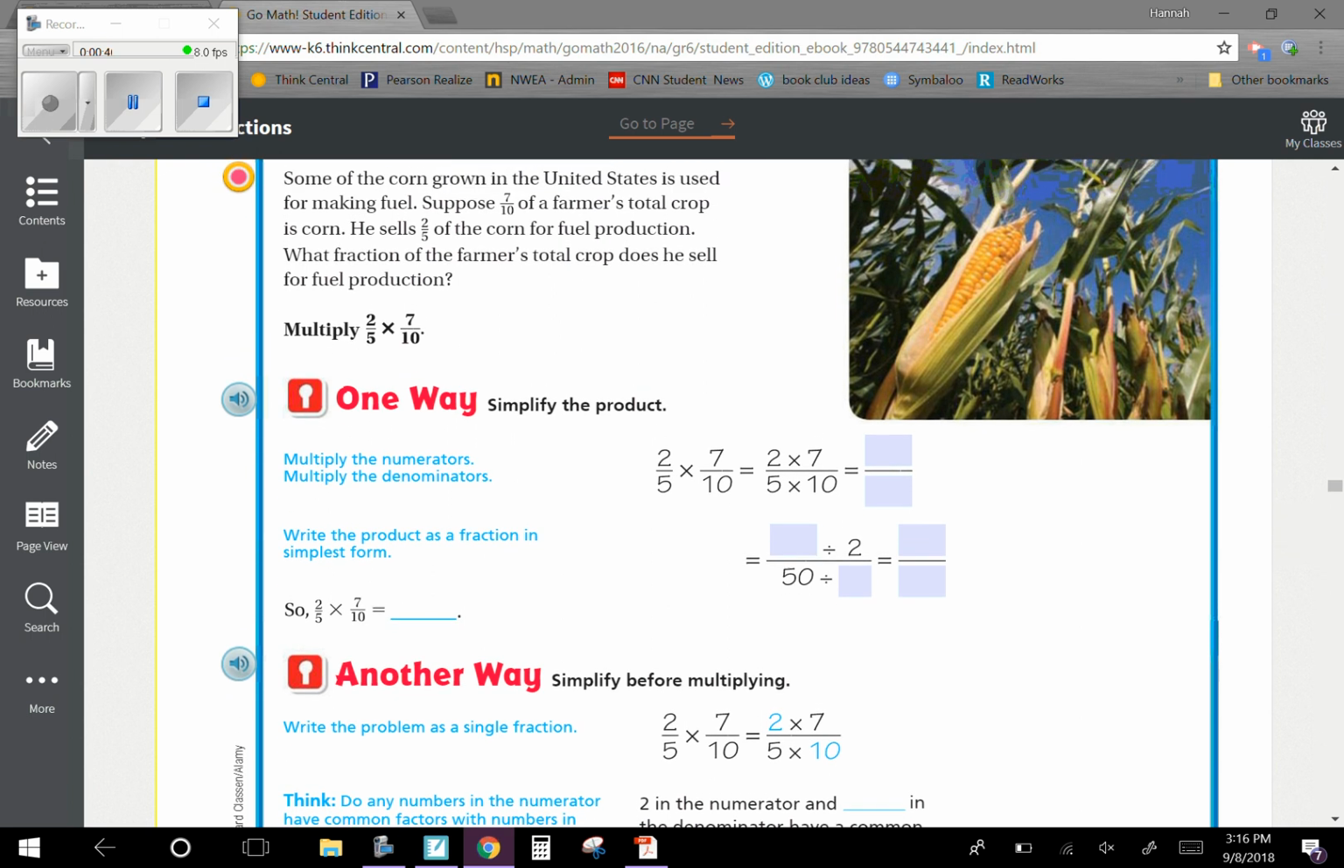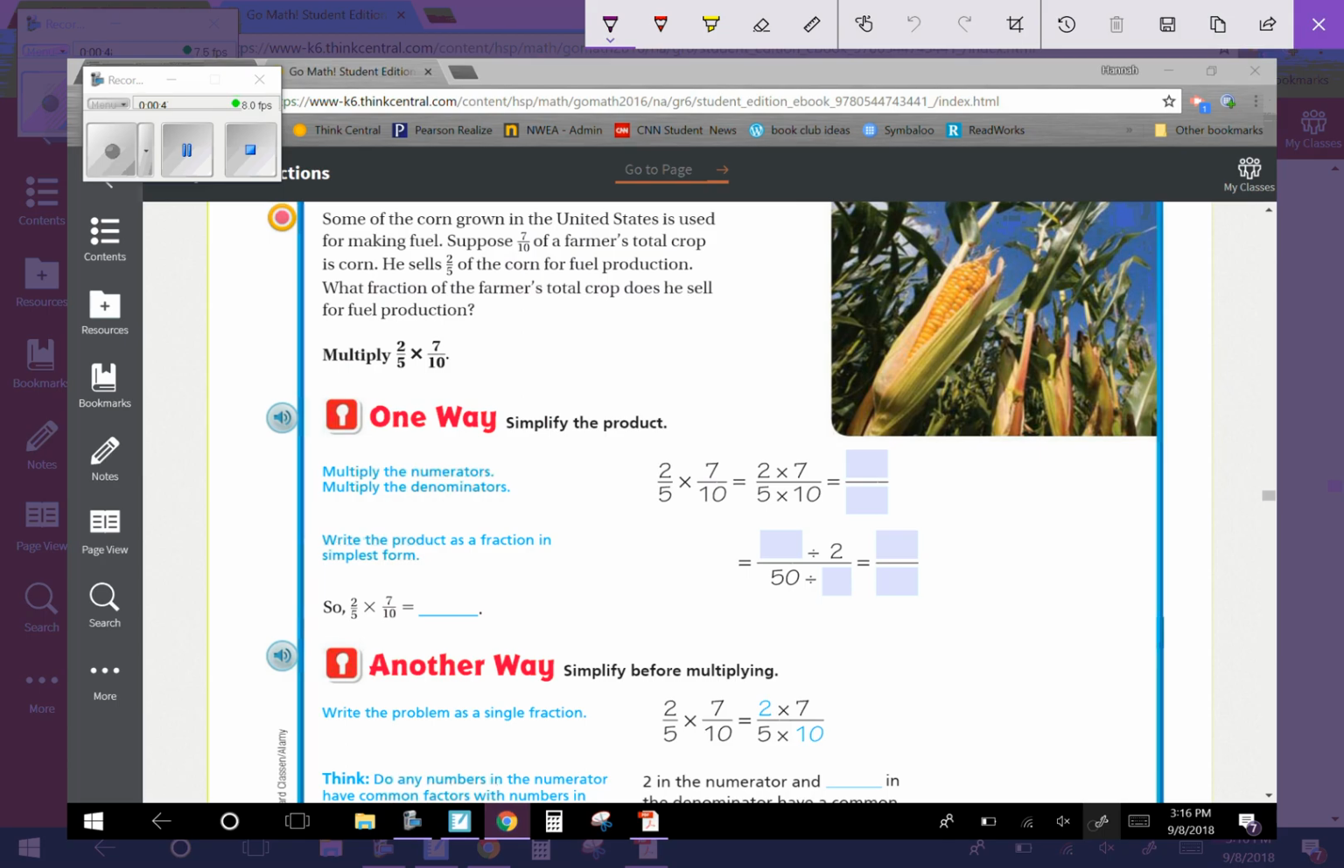Okay, so looking at this problem, we see 7/10 of a farmer's total crop is corn. He sells 2/5 of the corn for fuel production. What fraction of the farmer's total crop does he sell for fuel? So we're taking the 2/5 multiplied by 7/10. So 2/5 of the corn for fuel production. So we don't really care about the total for this moment because we already have the 7/10 of the total. Now, of that 7/10, how much